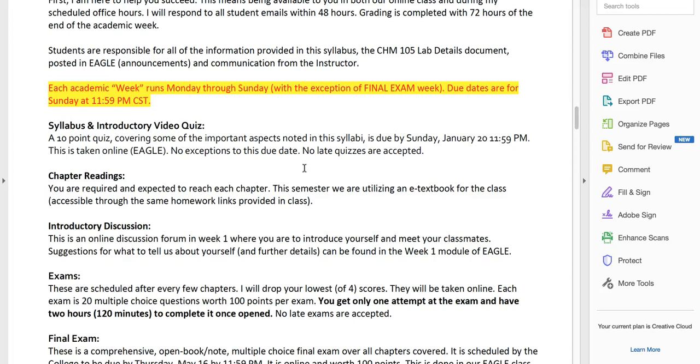But what I find students struggle the most with is time management. They wait until Sunday night to do everything, or they forget about things. So be really, really mindful of your due dates. It's really, really important that you do that. And while I'm speaking of that, a couple of things. We'll get to the schedule in a second, but